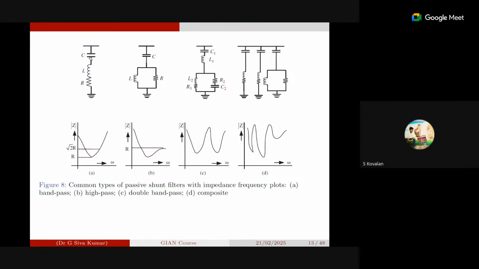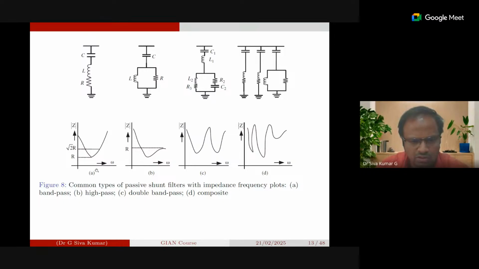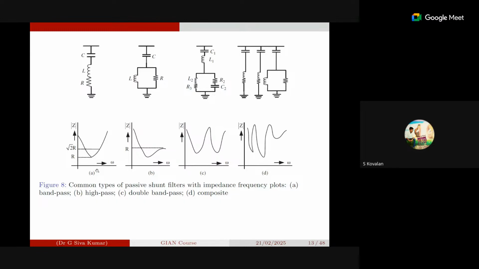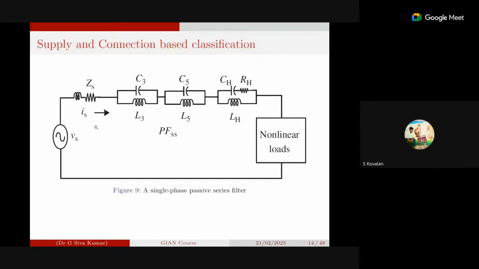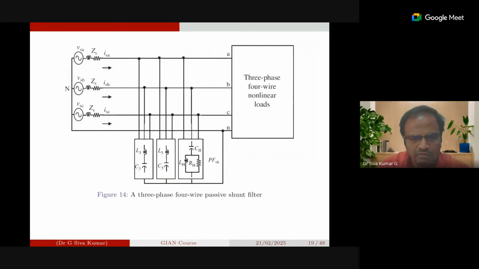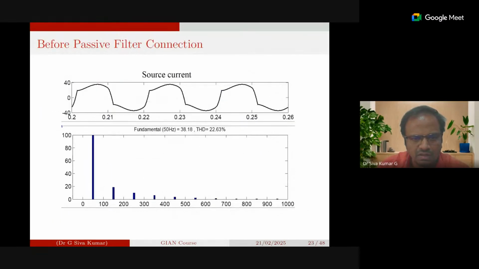Whatever you are showing in figure A is a resonance graph only. At this particular point, your system is at the resonant frequency. At the resonance frequency, it is going to offer only the resistance value. And looking back to this graph of the voltage and the current, we see